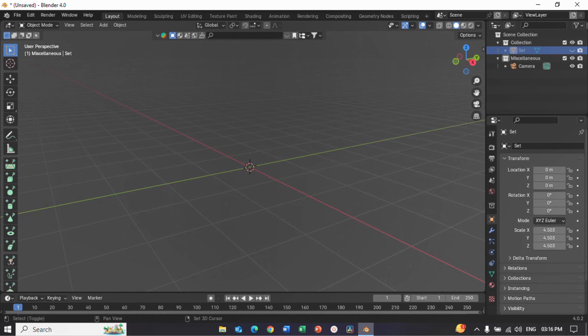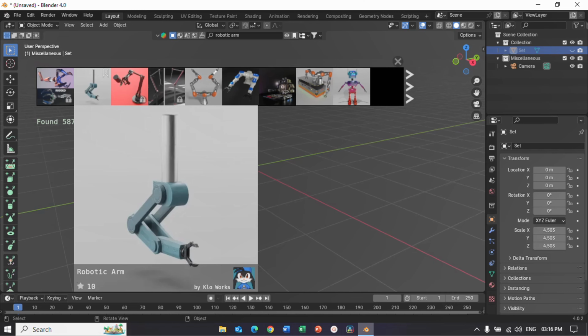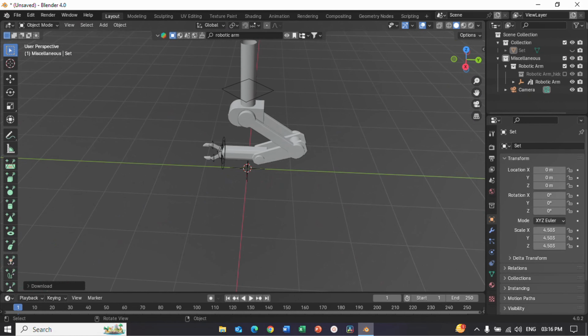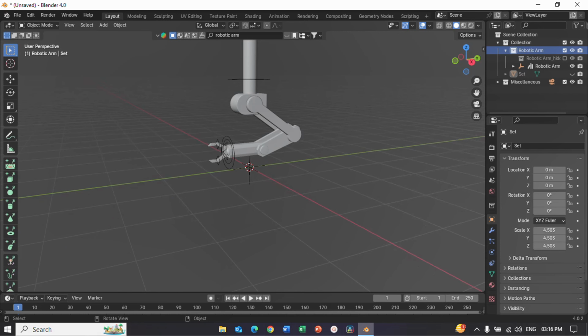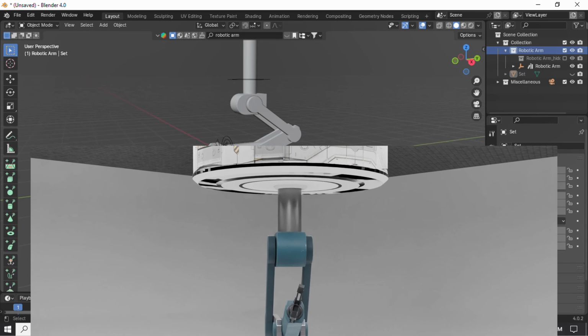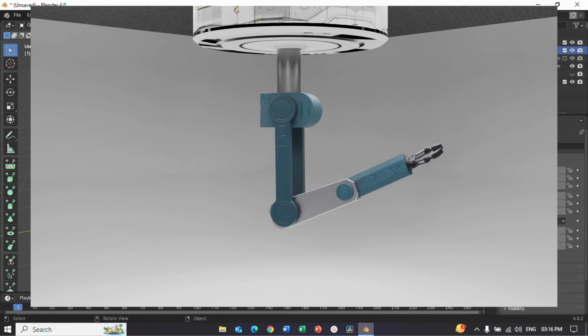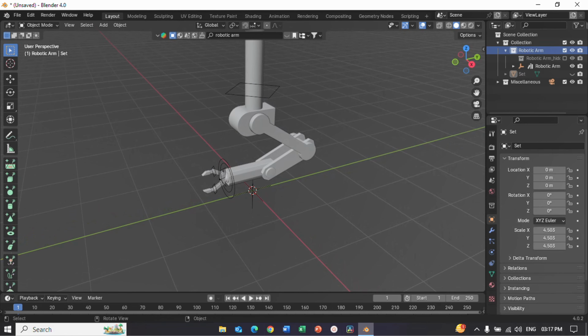I've hidden the set and now I'm going to add the 3D model of the robotic arm. I'm not going to make one by myself, but I'm going to add in an asset from Blender Kit. So let's search for robotic arm and I like this one, so I will just add this. And this one looks really nice and this one's also rigged, so we can get easily started with this. For animating this, like in the video I've shown you, we have to do everything step by step with animating from top to the very last point of 4DOF robotic arm.